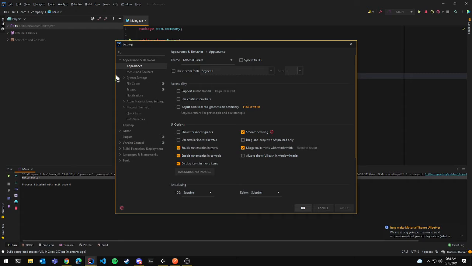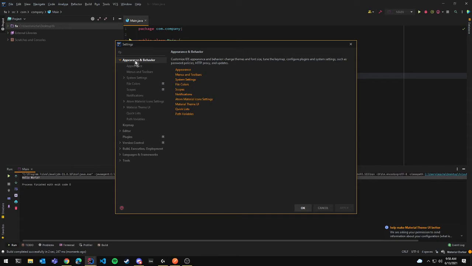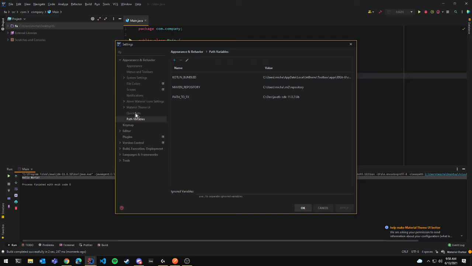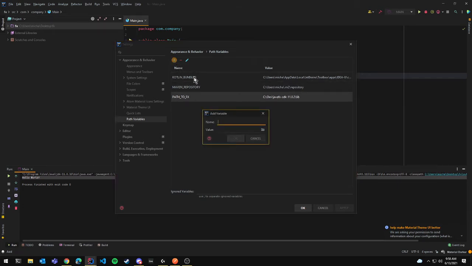To start off, if you go to settings inside of IntelliJ, you're going to go to appearance and behavior, and then at the bottom here, you're going to see path variables. The reason that we do this is that whenever you get ready to write your command line or your VM options in a few, this will make it a lot easier. As you can see, I have this variable called path2fx. If you were to go to this add, we will call it path2fx2,